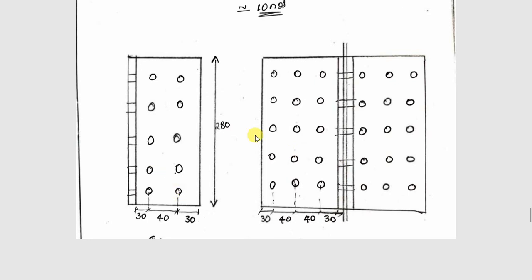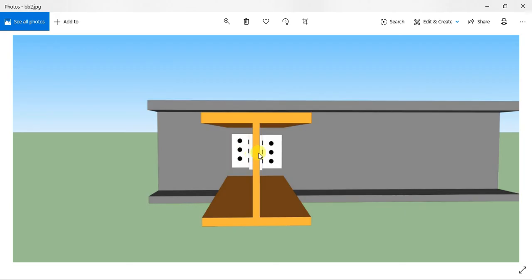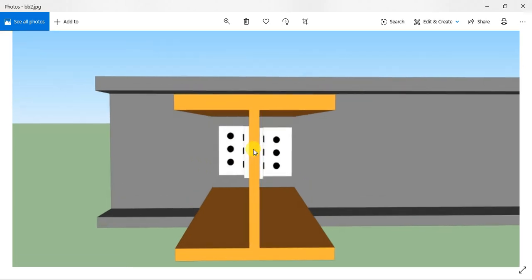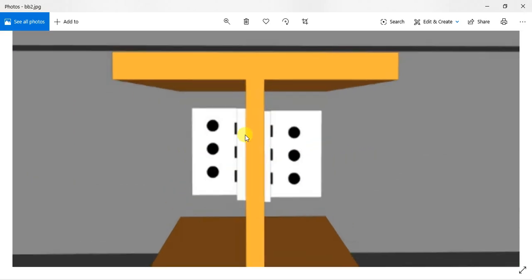So now you have to deal with the other connection. The connection between the web of the smaller beam and the two angle leg thicknesses. So we are dealing with this particular connection. So we will be having 3 thicknesses: the thickness of the smaller beam in between and 2 angle leg thicknesses. So you have to design it as a double cover butt joint, and the least of the summation of these 2 angle leg thicknesses and the thickness of the web of this smaller beam will give you the value of T.